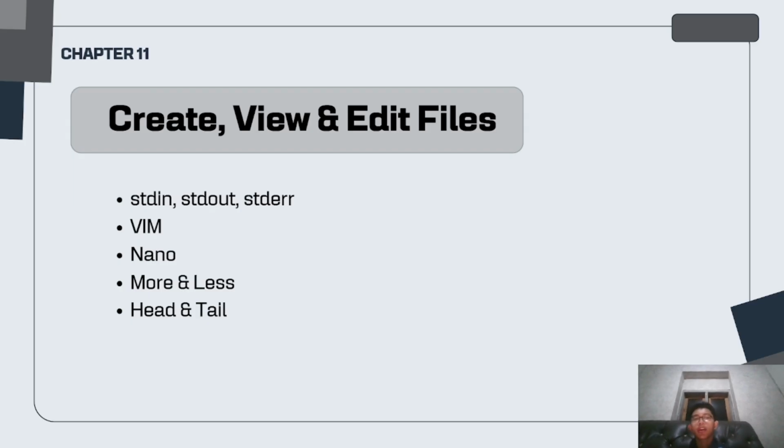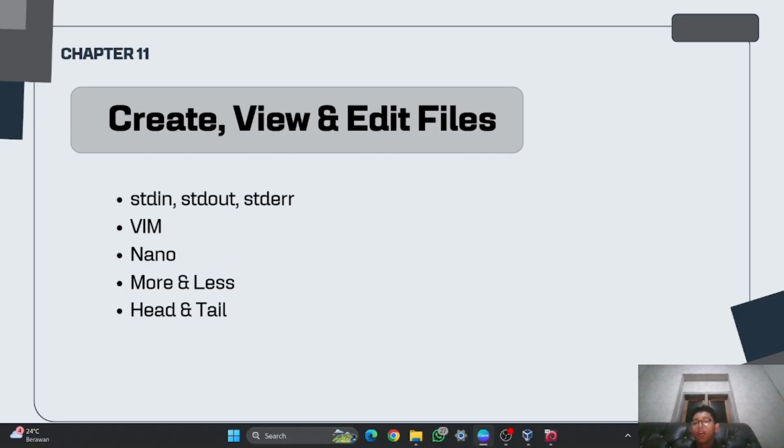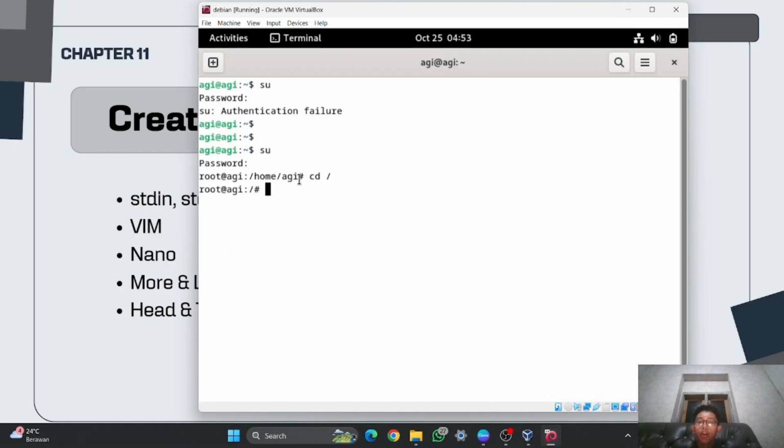And you also can configure the number of rows that you want to show, for example 5 rows or 6 rows, using negative n.